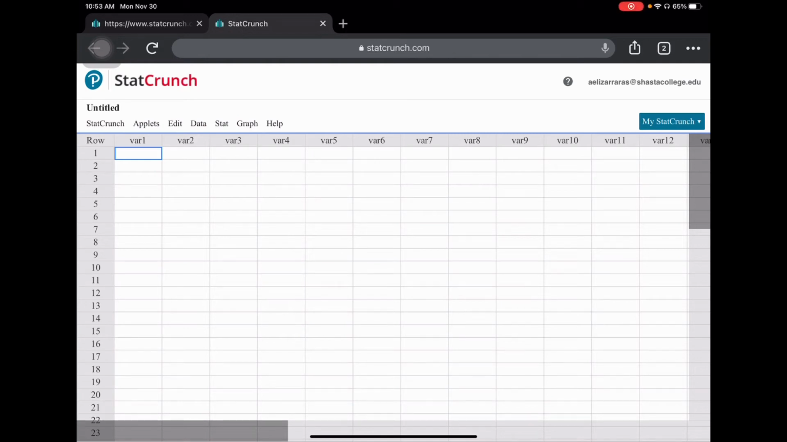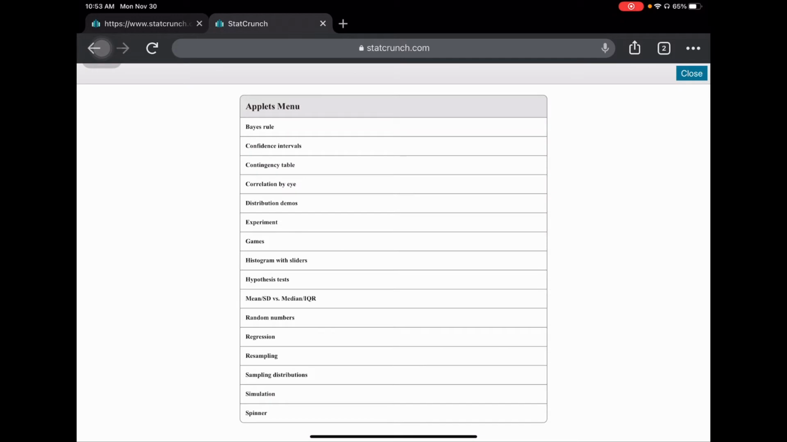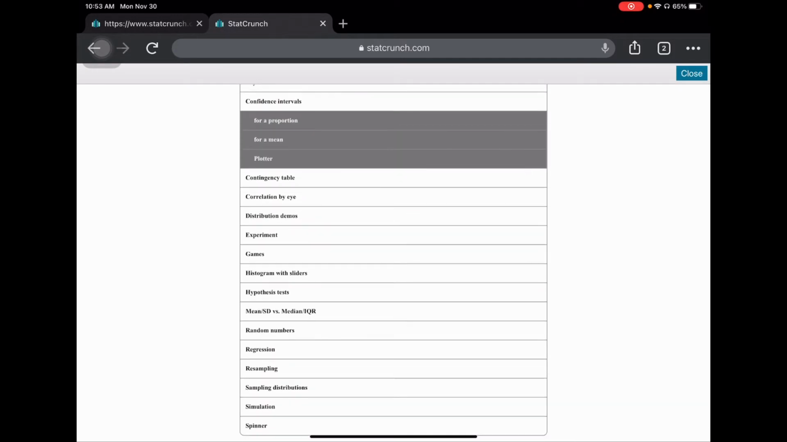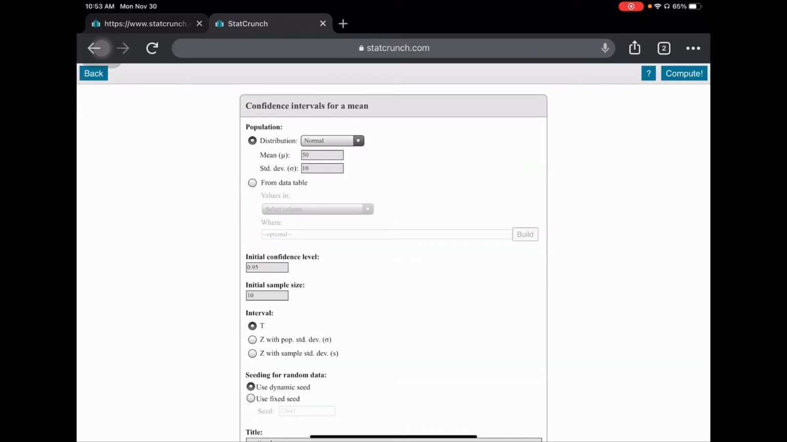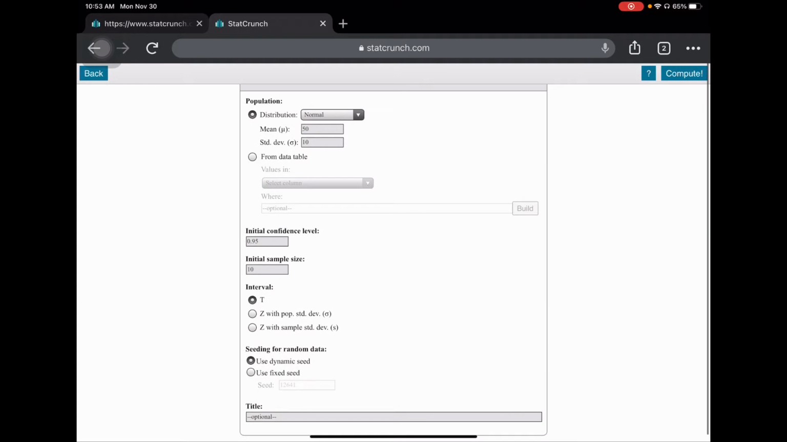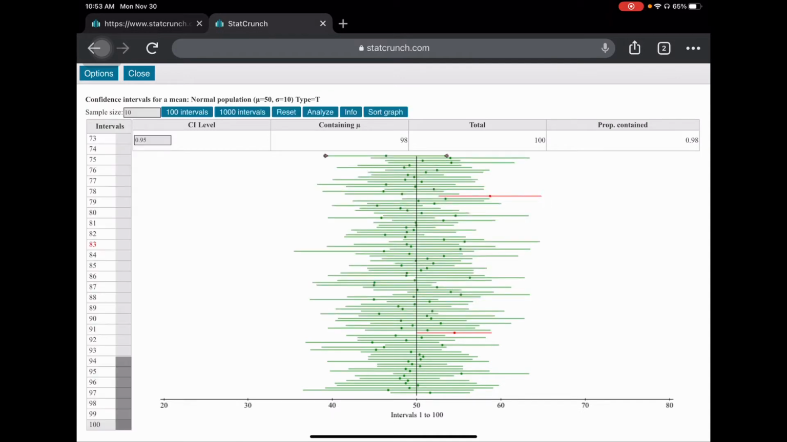Okay, here we are in StatCrunch. We're going to look at the applet for confidence intervals first. So we go to applets, confidence intervals for a mean. And let's say that our mean is 50 and our standard deviation is 10, and we're talking about a normal distribution. If we have 95% confidence and we have a 10 sample size, then when we run this 100 times,